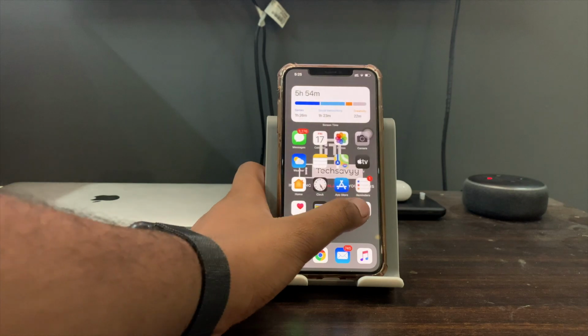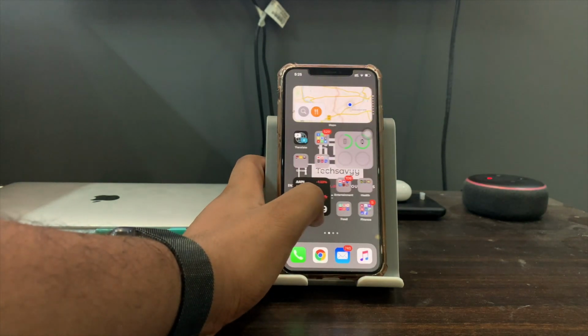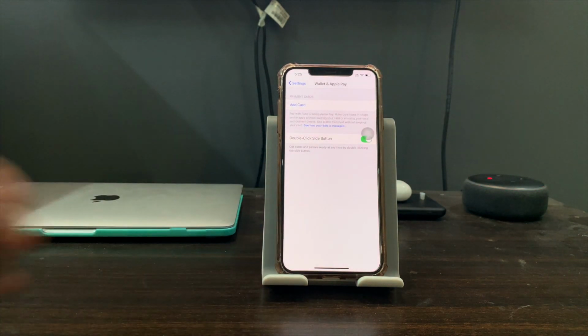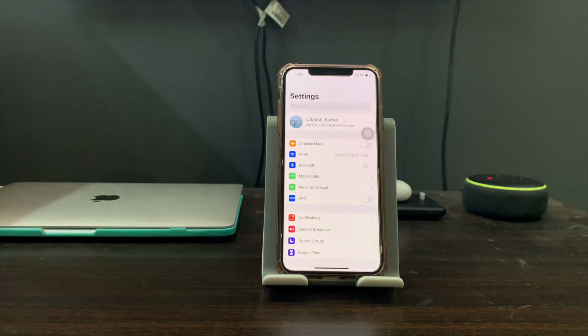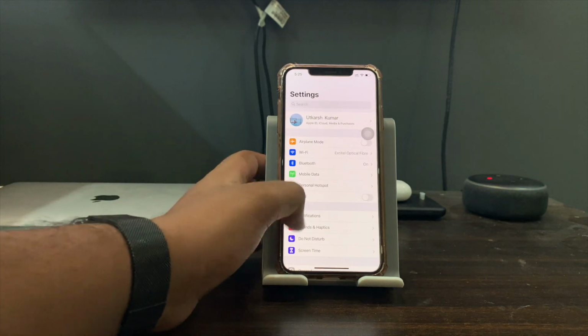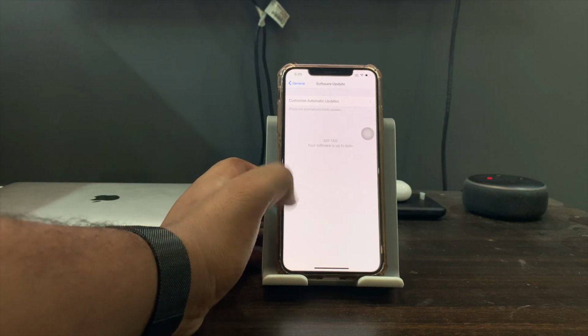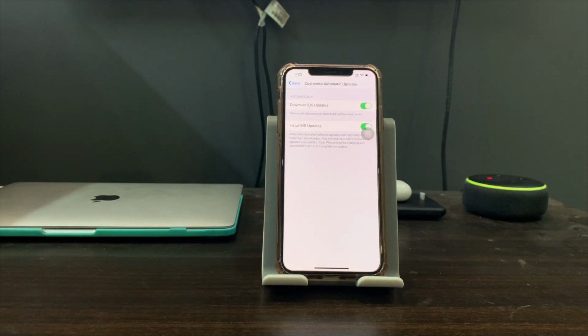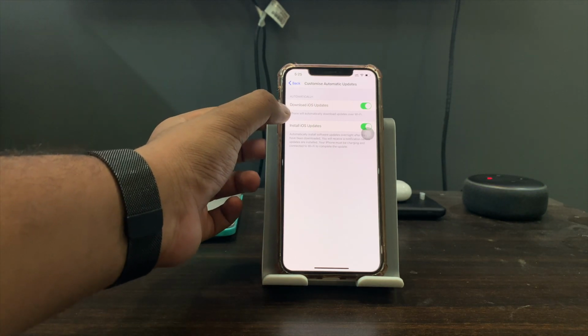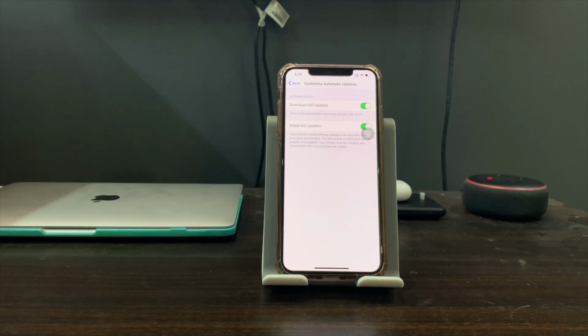The next change in the Settings app, I can customize my automatic updates. So earlier in iOS 13 I could just turn automatic updates on and off, but now I have separate options to download the iOS updates and also to install the updates automatically.